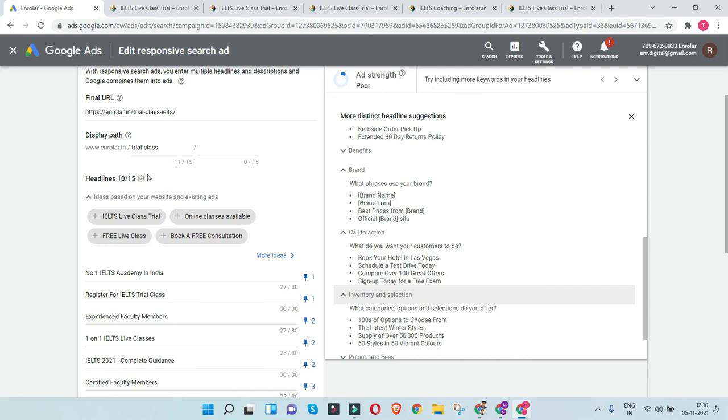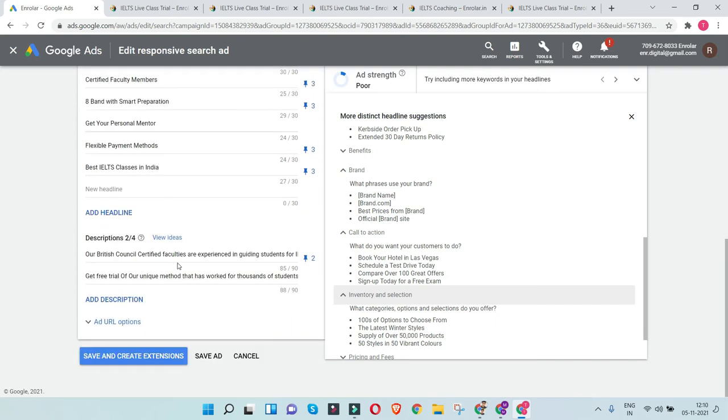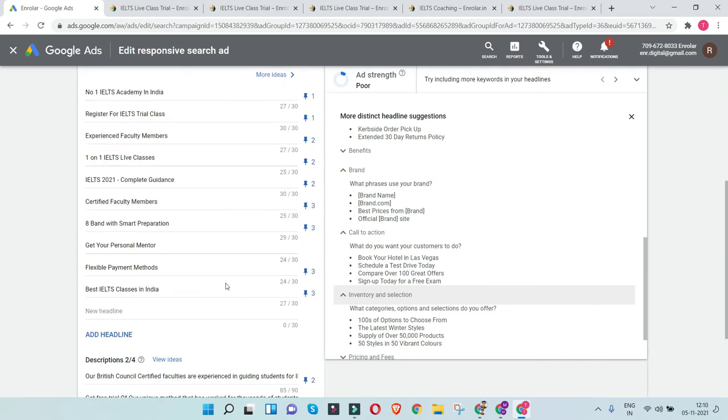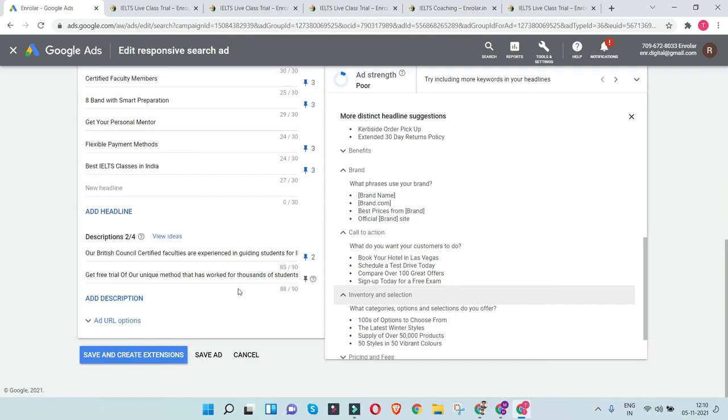Now in case you don't have an ad copywriter, you have to follow this process. And in case you have an ad copywriter, or you are the ad copywriter, please make sure that your ads are fully committed to addressing the core challenge that you are solving through this ad. That's when you get relevant clicks, quality leads or quality clicks on your web page or landing page. So just try to add more descriptions and more headlines and remove the headlines that are not working for you. This way you need to keep on optimizing it further.